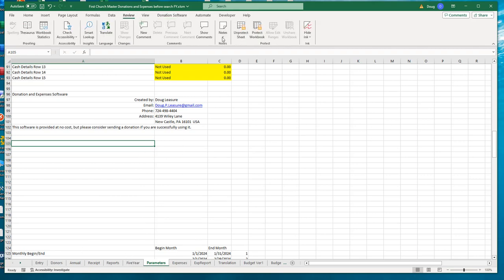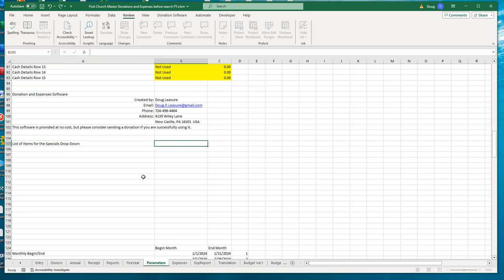So now this tab, like a lot of the others, is protected, so we're going to go to Review and Unprotect it, and now we can type in here, and I'm going to say that this is my list of items for these specials drop down. Okay, so that's just a name, and then starting here and down for whatever you want, 2, 4, 5, 10